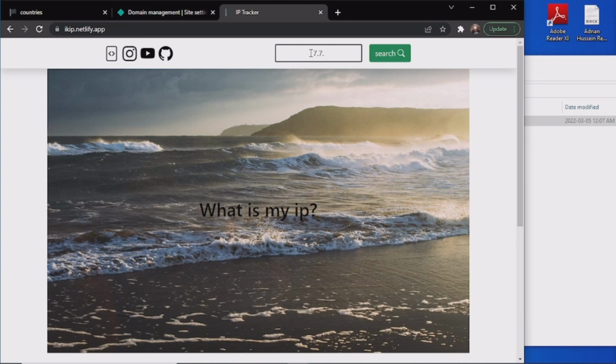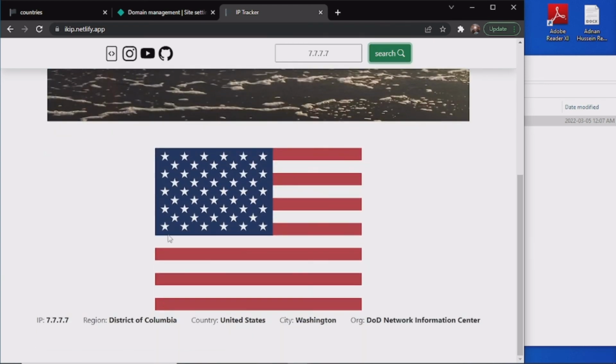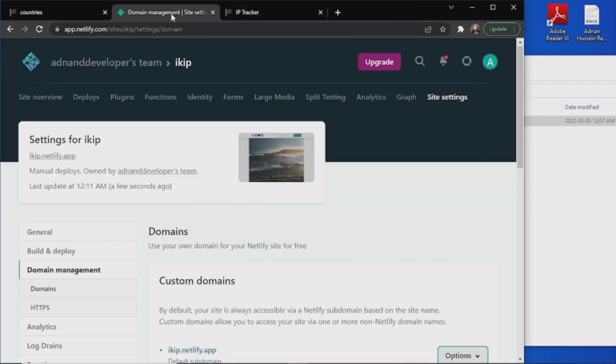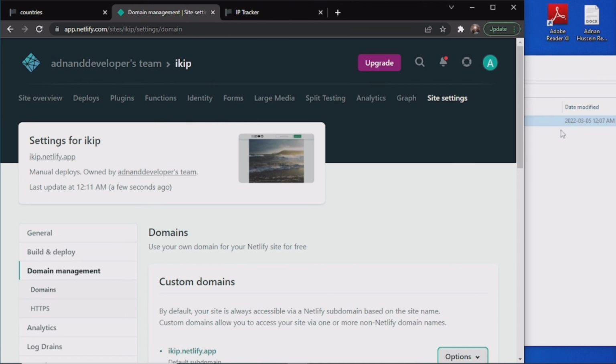I'm going to search up 7.7.7.7, go down, and we get IP 7.7.7.7, District of Columbia, United States, Washington, DoD Network Information Center. So yeah, that's good. This is not bad. So now that we're done,